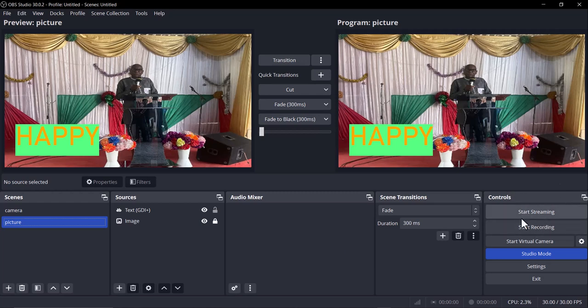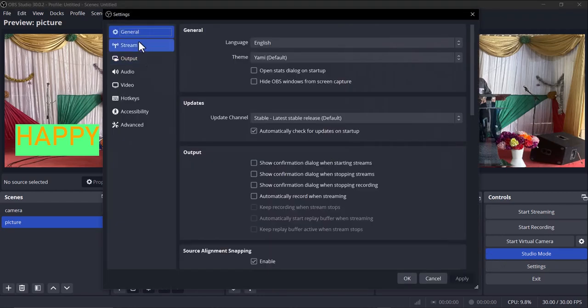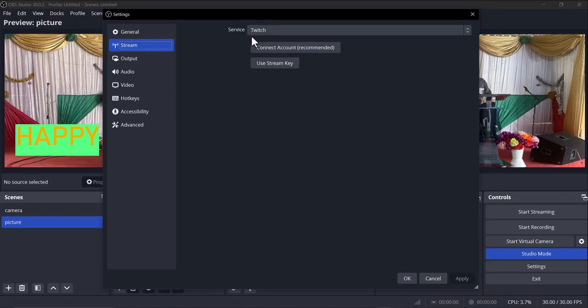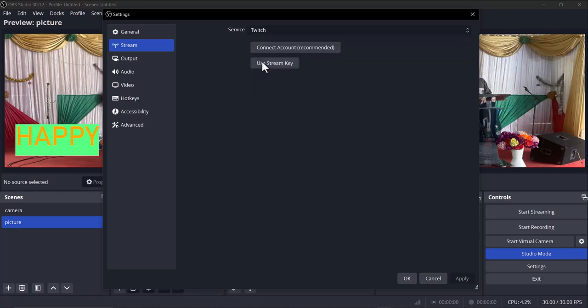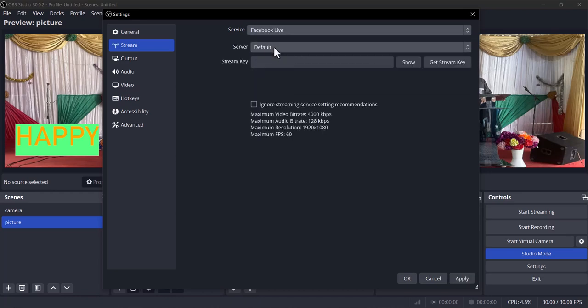Now to stream, you see this place where you have start streaming. You can start streaming, but first you have to set up the streaming service. You do that in settings. So when you click on settings, okay, it seems okay. Now under stream, the service is Twitch. I want to stream Facebook Live, so I can come to Facebook, and then